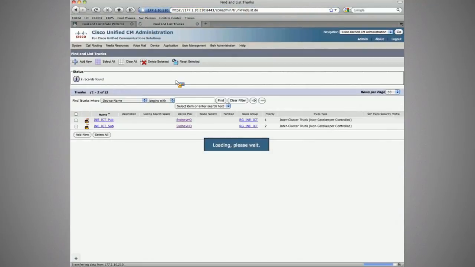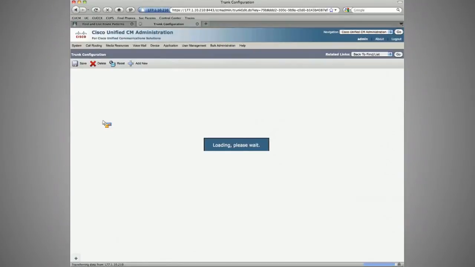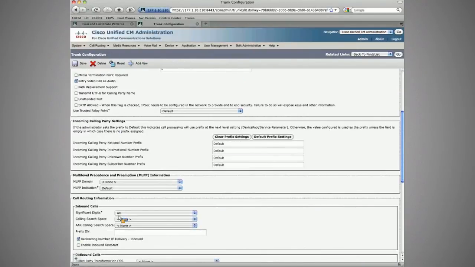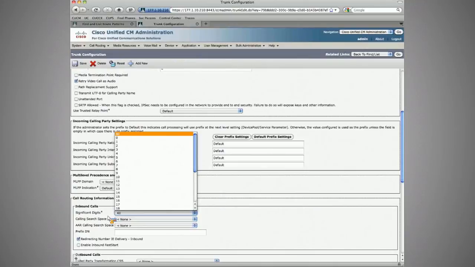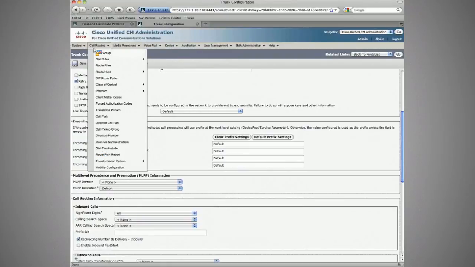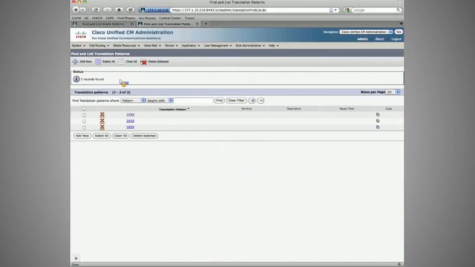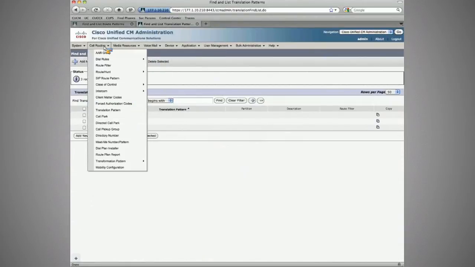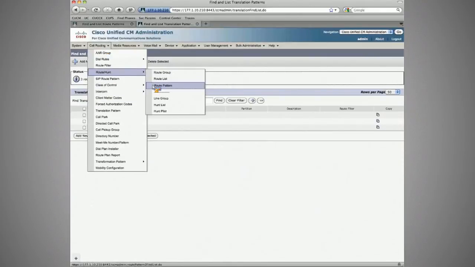Now remember, this call is getting into the 210, or the partner ICT trunks and cluster. Coming in here, and we did not say significant digits 4. Now there is no CSS, so we don't need anything special there. But we do have to say either significant digits, or we have to come up with something to localize that number. Now again, remember, we didn't globalize the number. So we would probably, if we were doing this full on properly, and why don't we just go ahead and do that,